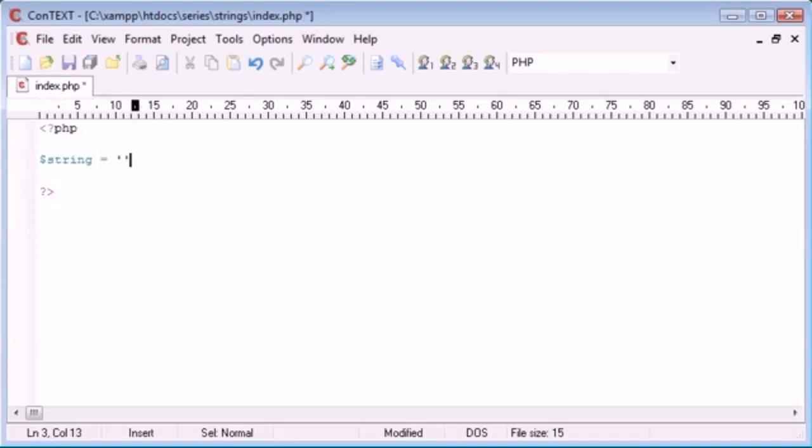I'm going to create a string and set it to the value of Alex. So we've got 4 characters in here. Now what we might want to do is find out how many characters are in this string. So we can go ahead and create a new variable, and I'm going to call this